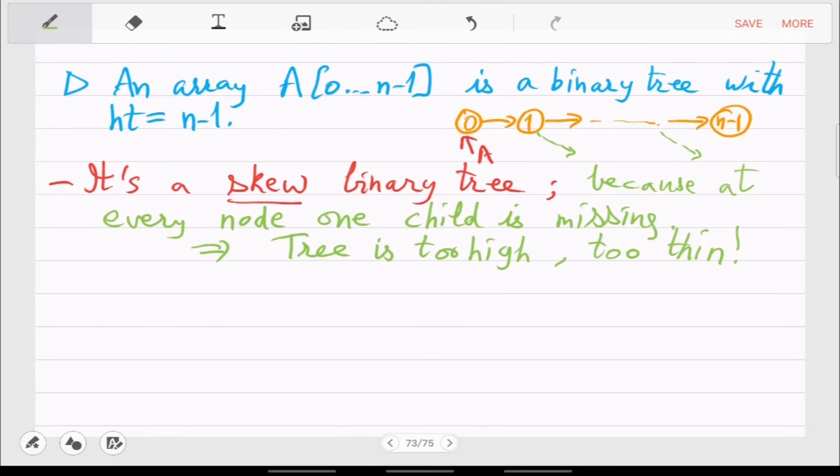It's the maximum possible, which is n-1. So we want to get away from that. We want to move from 1D, as I said, to 2D. So we have to use the other dimension. We have to make it fatter in that dimension. To make it fatter, the term that we will use is balanced.